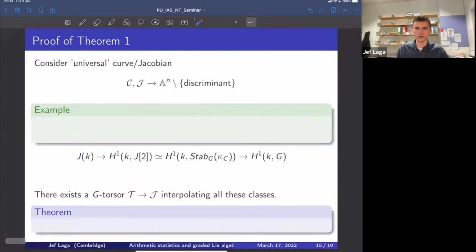So the idea will be to consider these things universally. For a given family of curves, we can just bundle them all together and build a geometric object that fibers over some base space where the fibers are all the smooth curves we want to consider. Similarly, we can take the relative Picard functor, or the relative Jacobian, and we get a relative Jacobian. So let me be very concrete. If you look at the A2 case, then C in this case is going to be equal to the relative Jacobian because it will be elliptic curves. This will be the closed subscheme